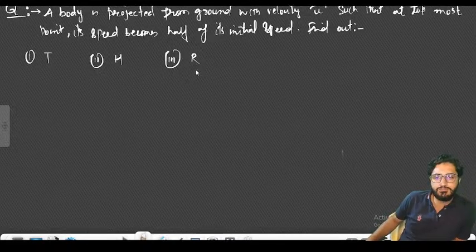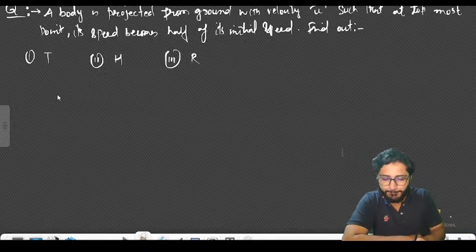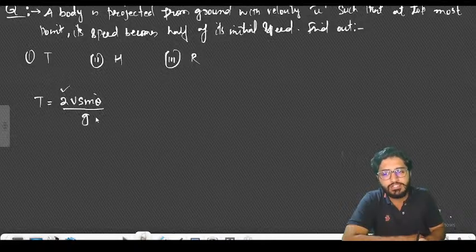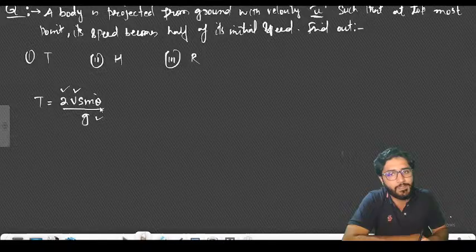How can we do it? First of all, write the equation for time. What is time? Is it 2u sine theta by g? 2 is constant, g is constant, and u is also constant because we just throw it with velocity u. Now we have to find sine theta. To get sine theta, the second thing is,